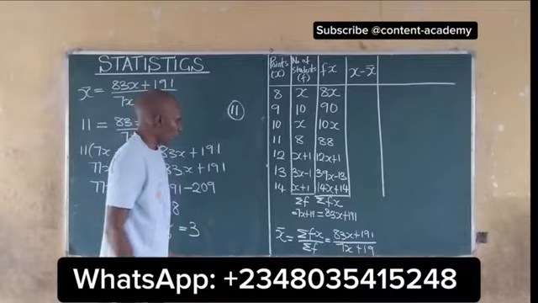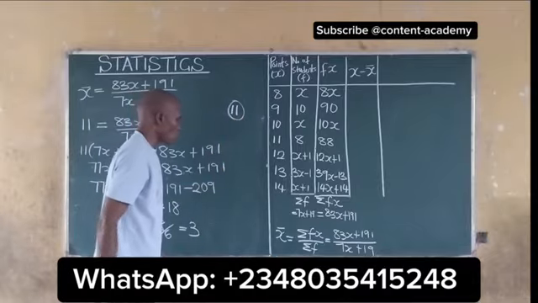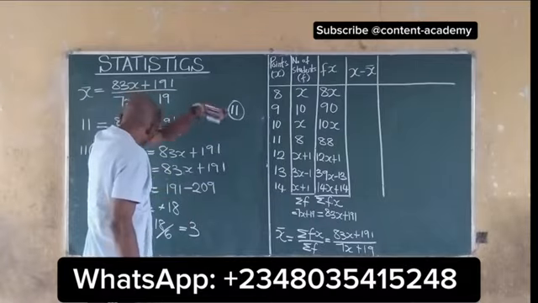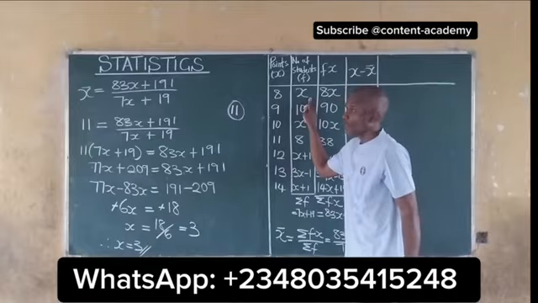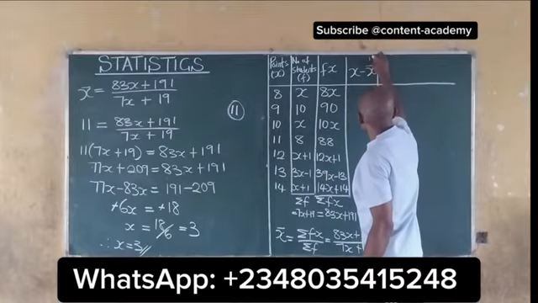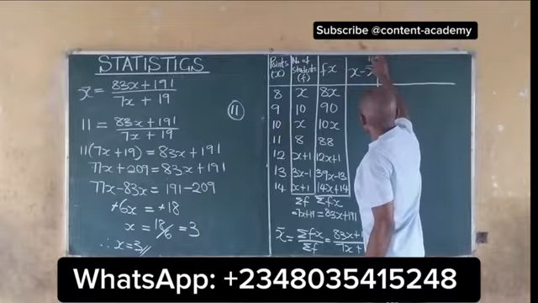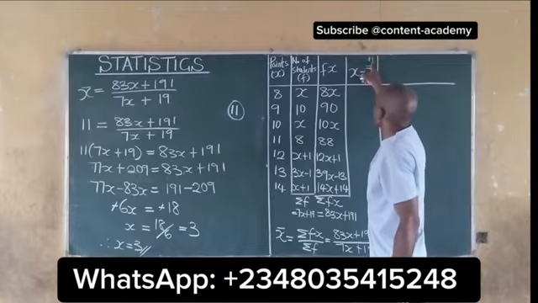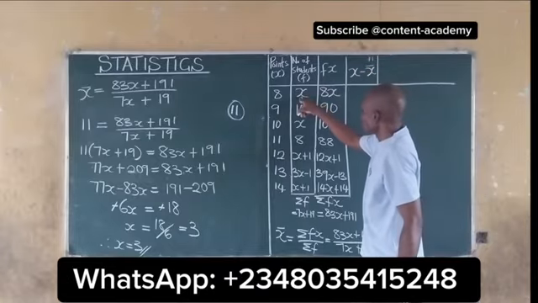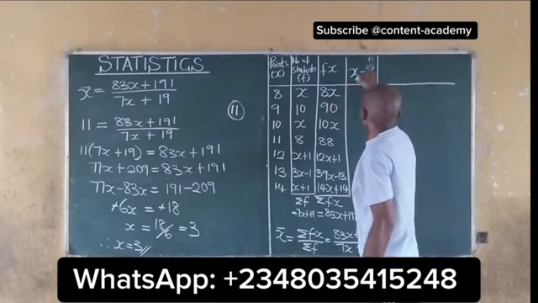So all we need to do is that whatever we have here, we subtract it from 11. So individual values of x minus the mean, which is 11. So x we know is 3. 3 minus 11,